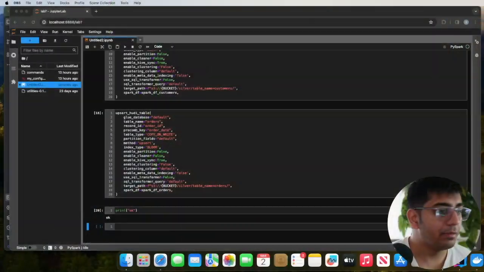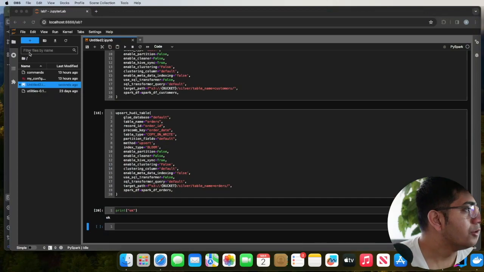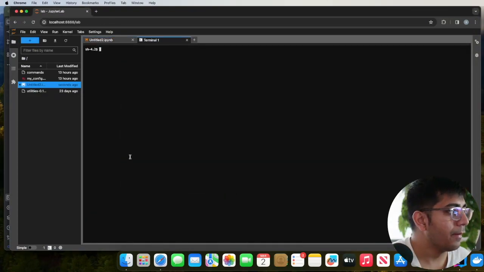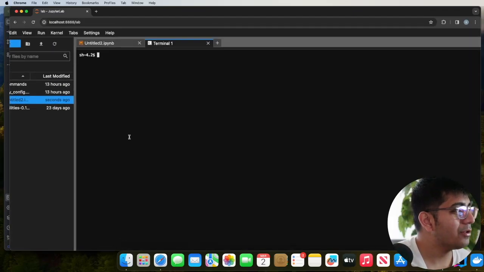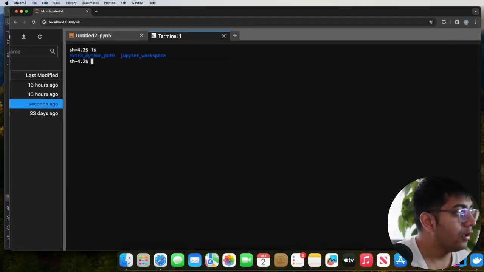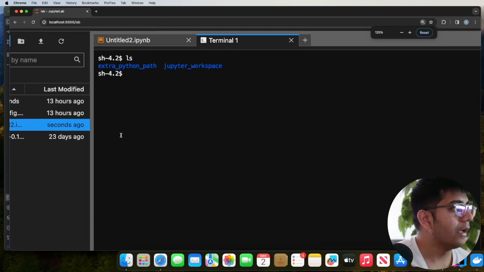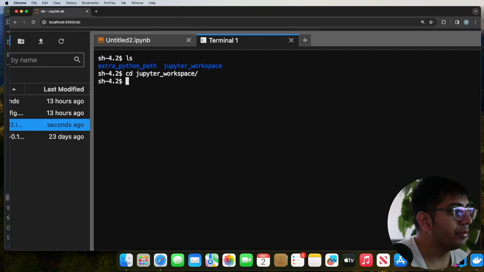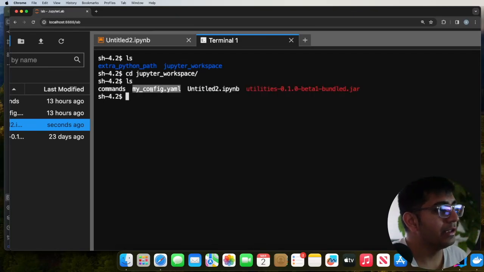So now let's go to the project repository. Now what I want you to do is come here and click on terminal. And I'll try my best to zoom in if I can. Can I zoom in more? Yeah, that's great. All right, so we'll head over to this Jupyter workspace, cd jupyter workspace. And here you will see I have a